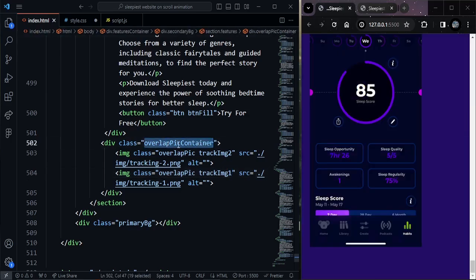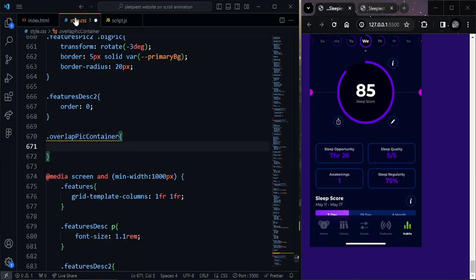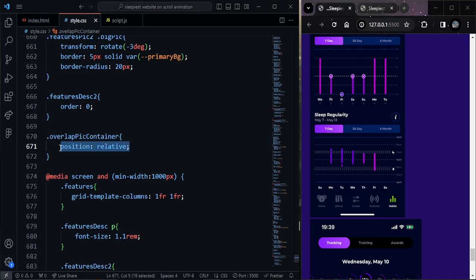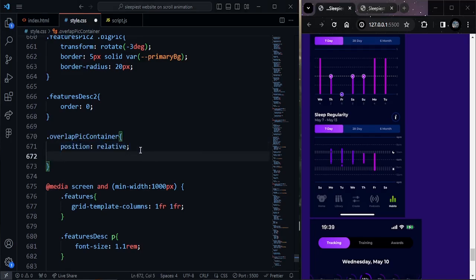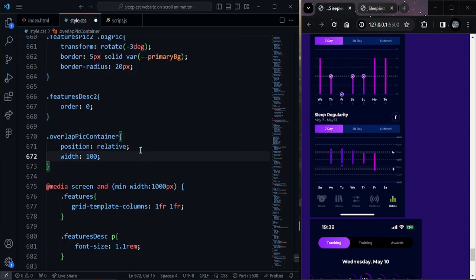Okay, copy the overlap peak container and paste over here, and use position relative, because this overlap peak container is the container of both pictures. So I'm going to give position absolute for both images, so I should give position relative for the parent element. So the width, this container will be 100%,